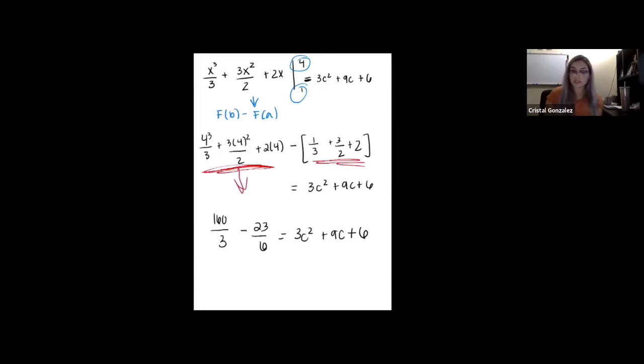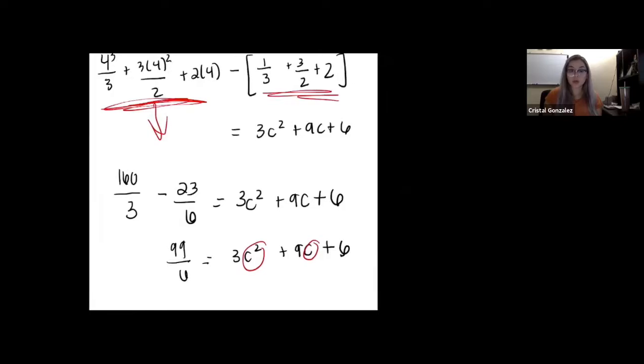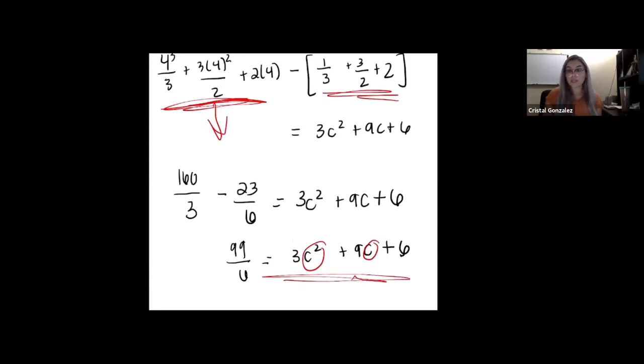Okay, now if we simplify this left-hand side, we're going to get 99 over 6, which is equal to 3c squared plus 9c plus 6. Now our goal here is to get c by itself, because we want to know that average value for c. This is a quadratic, so to get a c value, maybe we can factor or apply the quadratic formula. But we can't do that until we set this side equal to 0, right? So I'm going to move the 99 over to the right-hand side here,